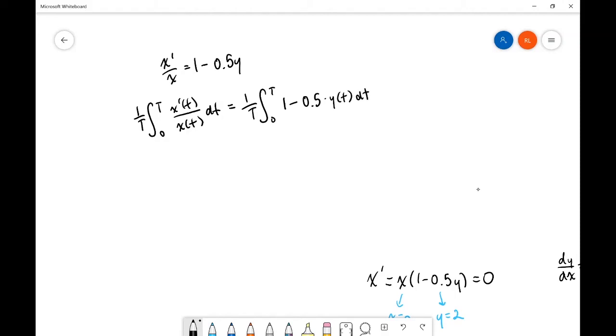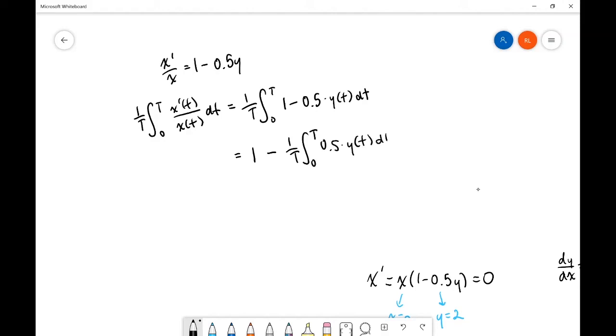Now again, realize that this right-hand side should equal